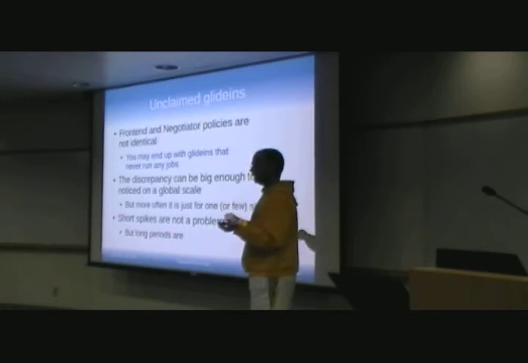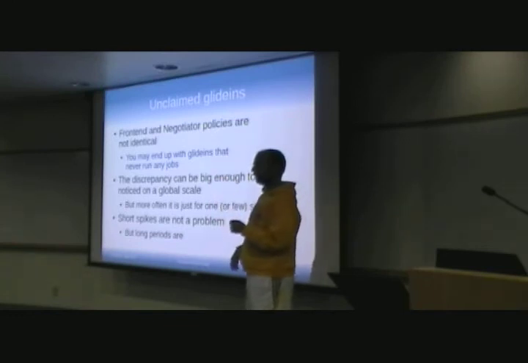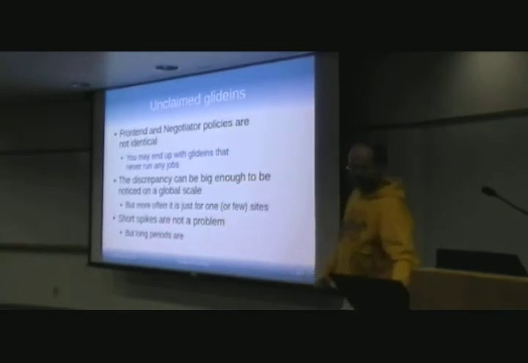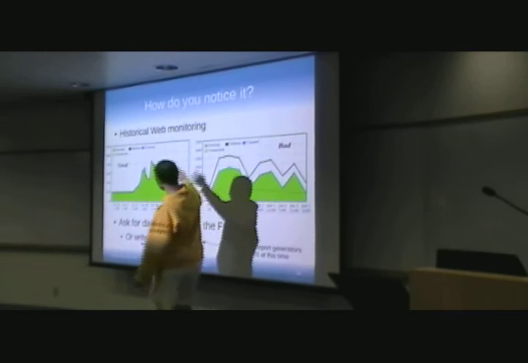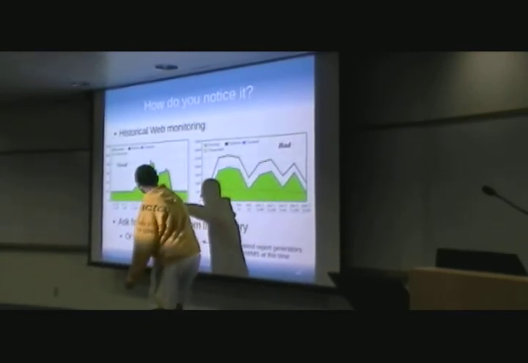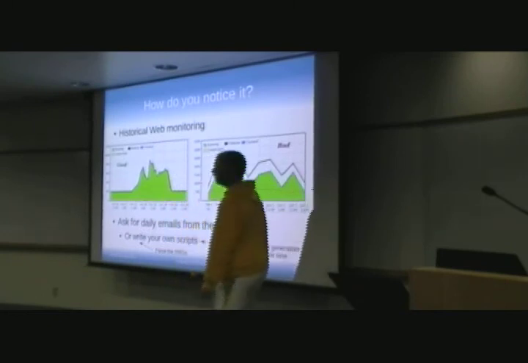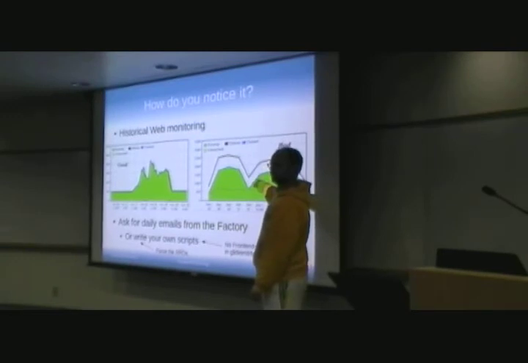Short spikes are fine because you might just have a lot of glideins starting in a burst and just need some time for the next cycle to catch up. But if it stays high for a long time, that's bad. Here's an example. These are just snapshots from the monitoring. And yeah, we have some spikes here and there where we have some unclaimed. Perfectly normal. That's good. That's bad. So if we have consistently